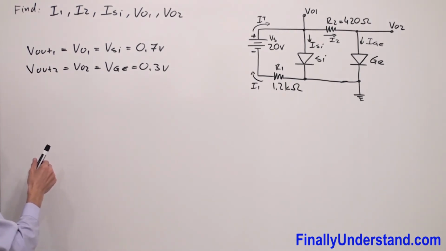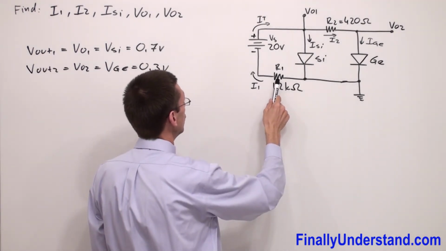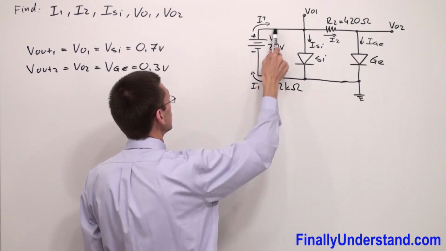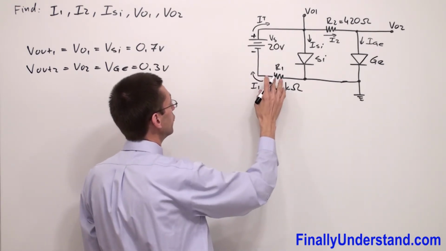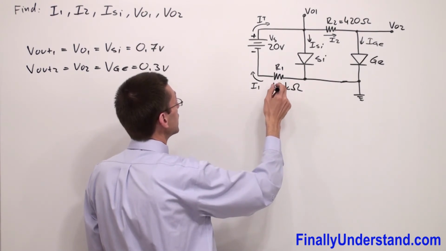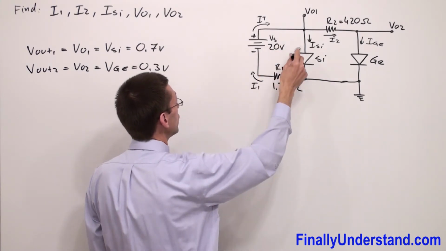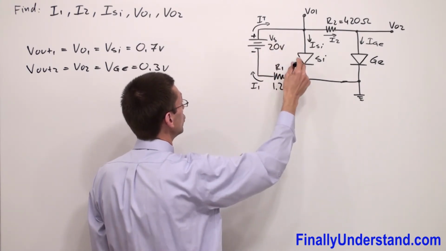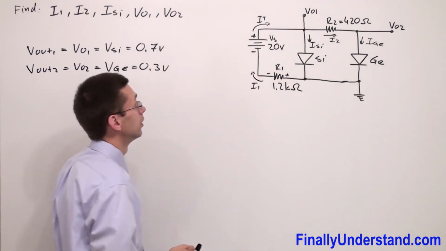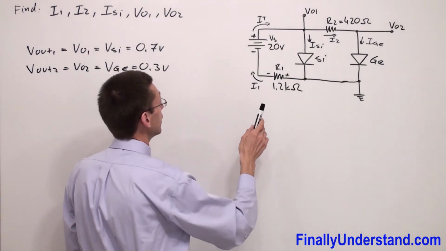Next, in order to find the current which goes through this resistor, I mean the current which goes in this branch, I'm supposed to find the voltage across this resistor. We said that anytime current is entering the component, because this current is going to go this way, I'm supposed to put a positive sign. Anytime it's leaving, I'm supposed to write negative. So what I'm supposed to do next? If I want to find the voltage across